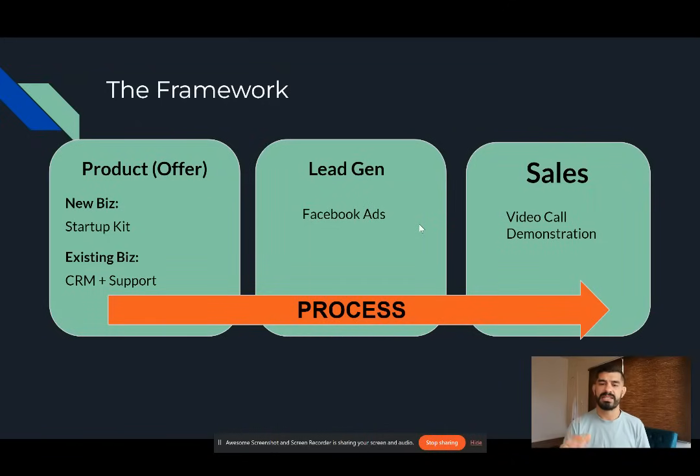And then lastly, the sales. Okay, I did a video call. I thought it was really important to get people on a video call in front of their computer, where they had no other distractions, where they can sit down and talk to me and they can see my face. I thought it was important to show my face because there's a lot of scammers out there on the internet, and I wanted to show them that I'm not afraid to show my face. And also, I wanted to do a video demonstration and show them exactly what they'd be getting. So it's not just me talking about it, it's not just conceptual, but it's visual.